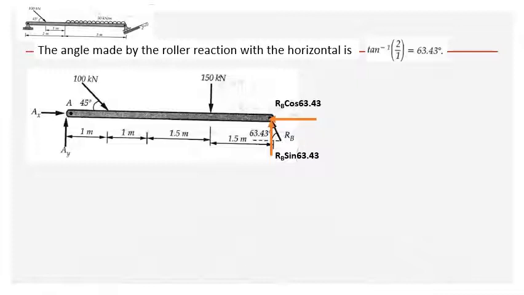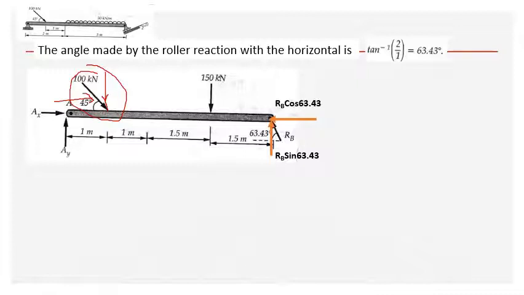Yes, of course, we have to resolve this force also into its components. I haven't shown it here. So how would be the resolution? Horizontal component will be acting towards right and the vertical component would be acting downward. Okay, this is 100 sin 45 and the horizontal component would be 100 cos 45.